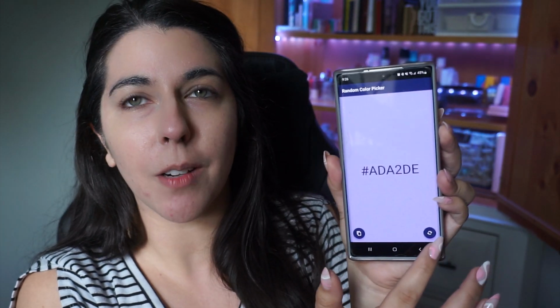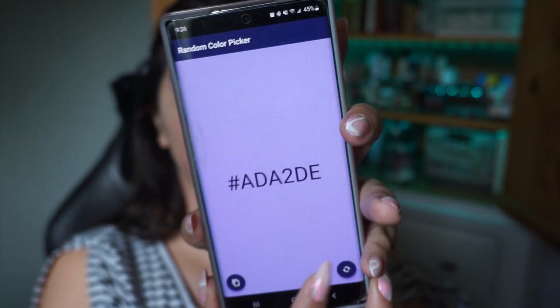So the random color app, you can, I think, shake it. No shaking, but there is a refresh button down here. So that's what I'm going to be using to create these colors. I'm going to screenshot, and after I pick all 5 colors, I will put a color story on the screen of all of the colors that we're using. So to start things off,